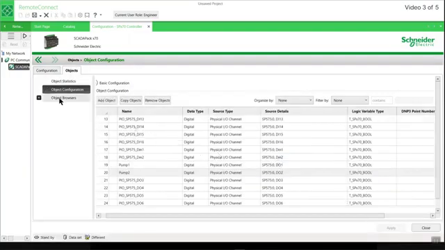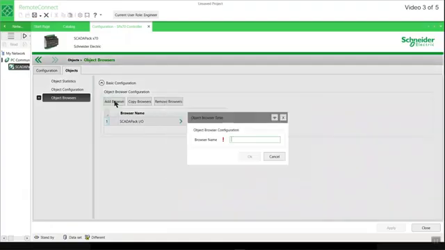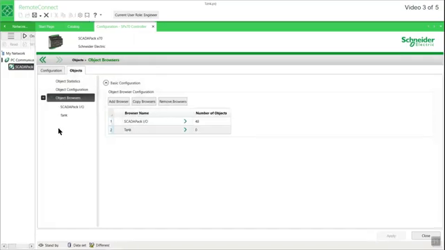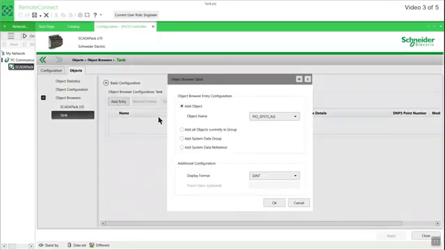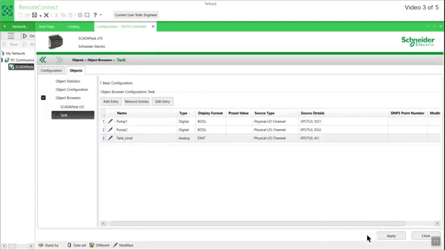Now I want to create an object browser to view just these specific objects rather than all objects. So I'll add a browser, and for convenience sake, I'll simply call it tank. We click OK and apply that. Now to add these objects, we select the tank browser, click add entry, and we can add all objects currently in the group called tank. We click OK and apply this,